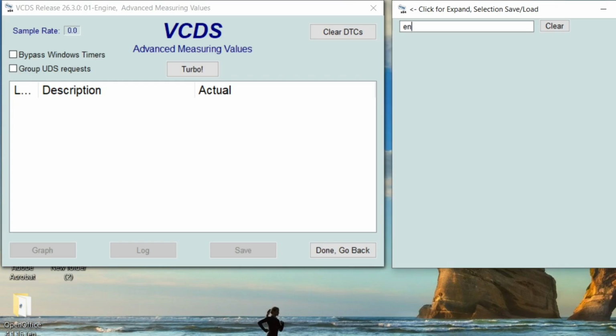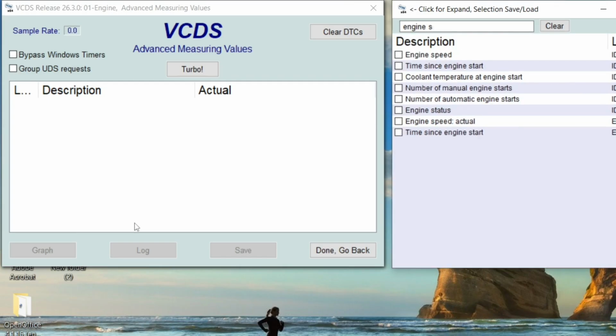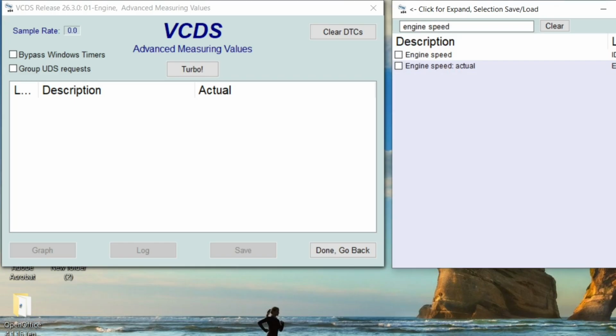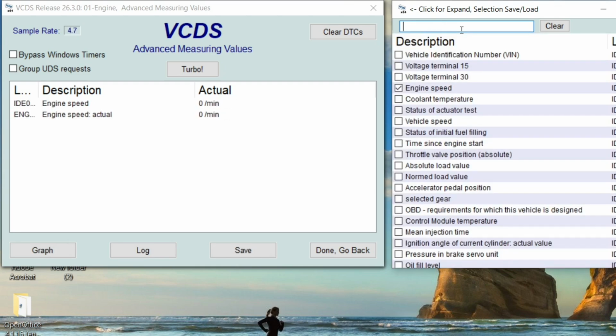Now find and select these codes. Search for engine speed, and check IDE00021. Search for intake air temperature, and check IDE00348. Search for air mass specified value, and check IDE00350. Search for engine load, and check ENG